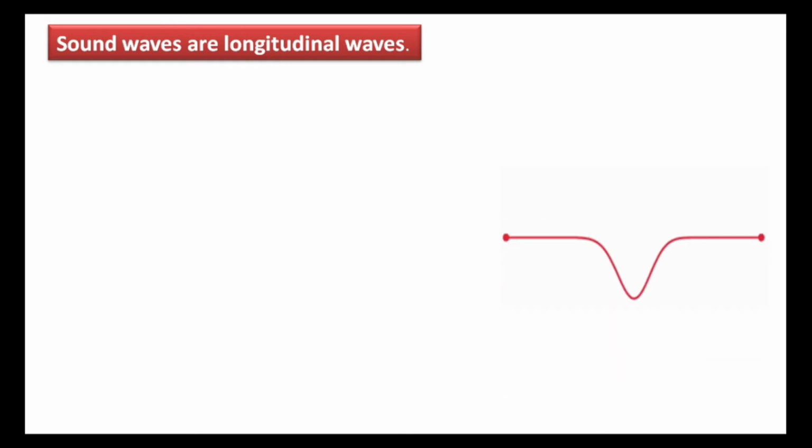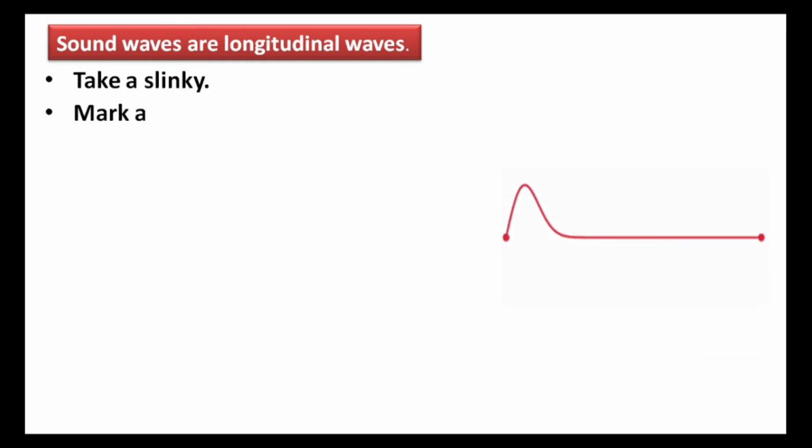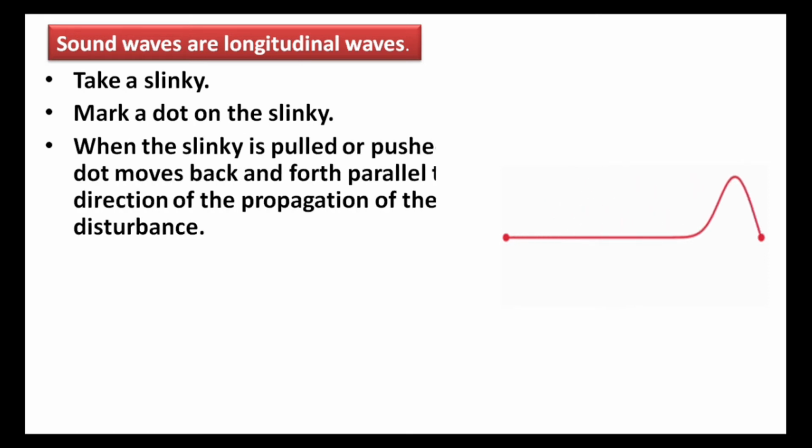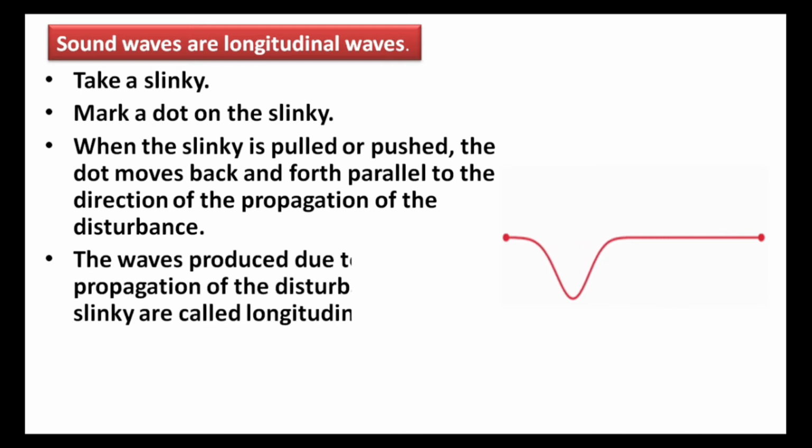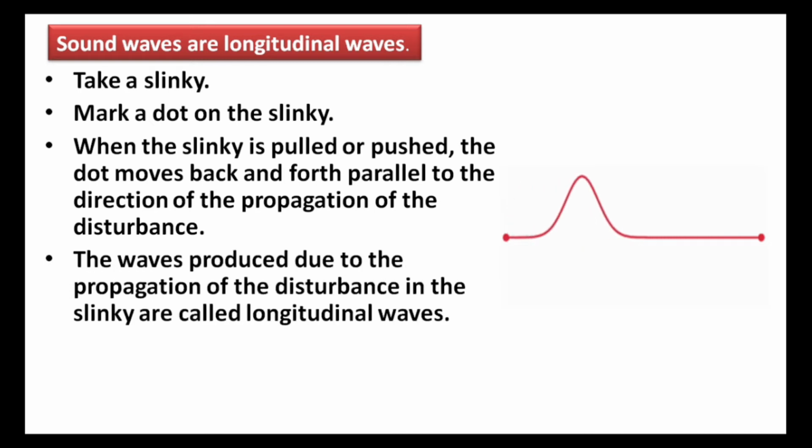Sound waves are longitudinal waves. Take a slinky. Mark a dot on the slinky. A slinky is a pre-compressed spring. When the slinky is pulled or pushed, the dot moves back and forth parallel to the direction of the propagation of the disturbance. The waves produced due to the propagation of the disturbance in the slinky are called longitudinal waves,